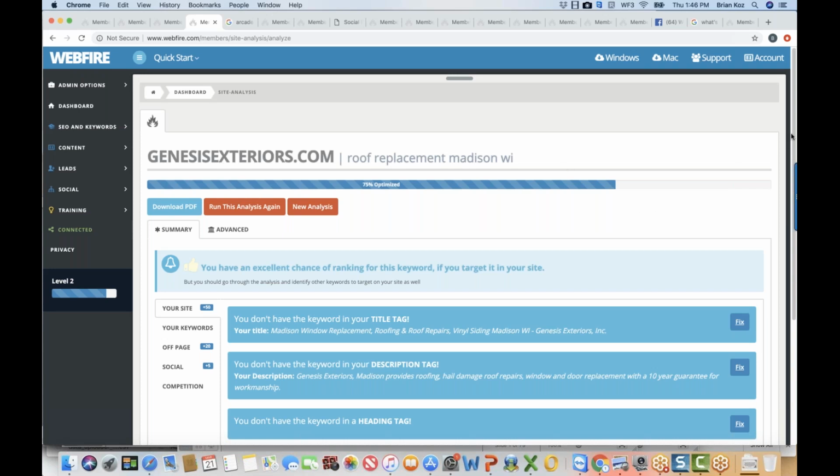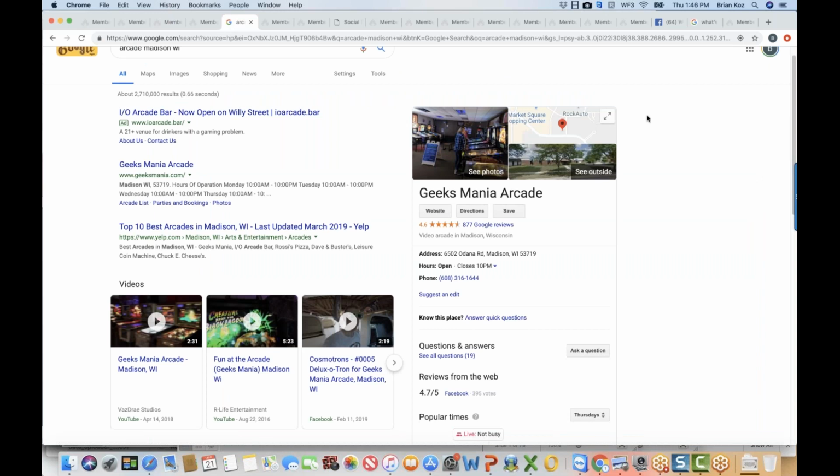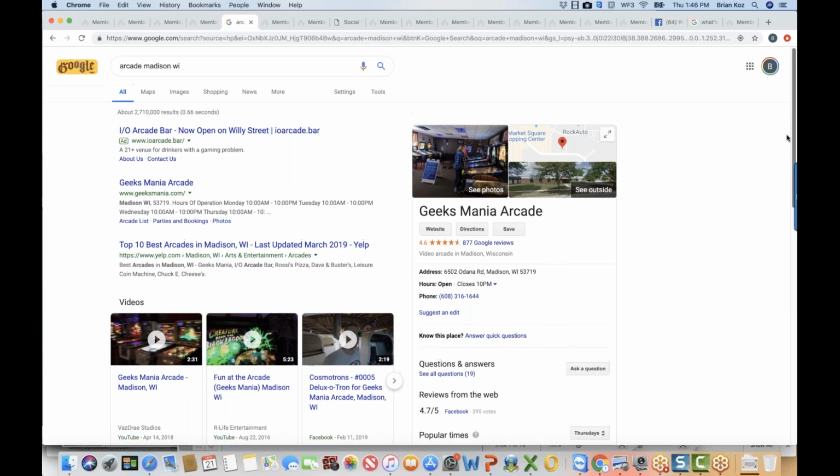Now, previously I talked about the schema right here and how that was a really neat thing. Well, I'll show you what a schema is. There are tons of different kinds of schemas. In this case, I looked for a local business. I looked for an arcade in Madison here. And we see some links right here. It's all fine.